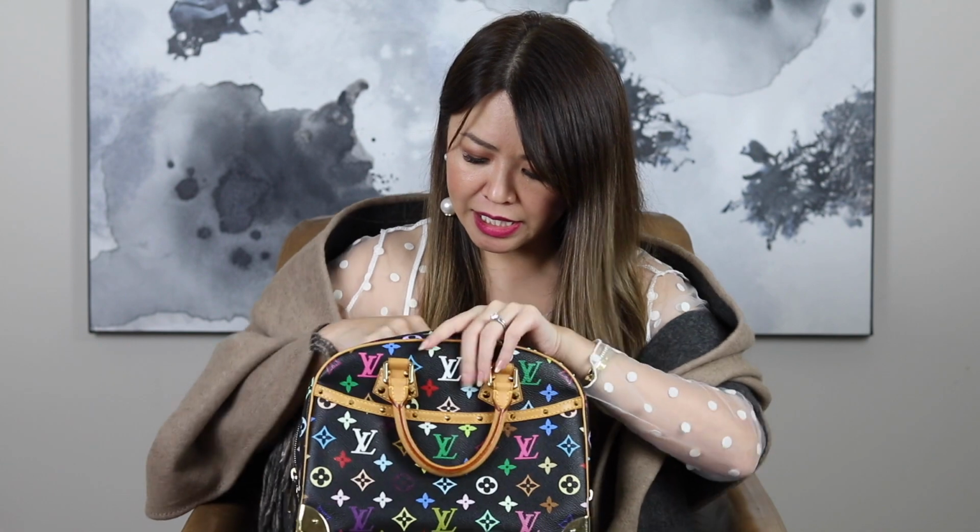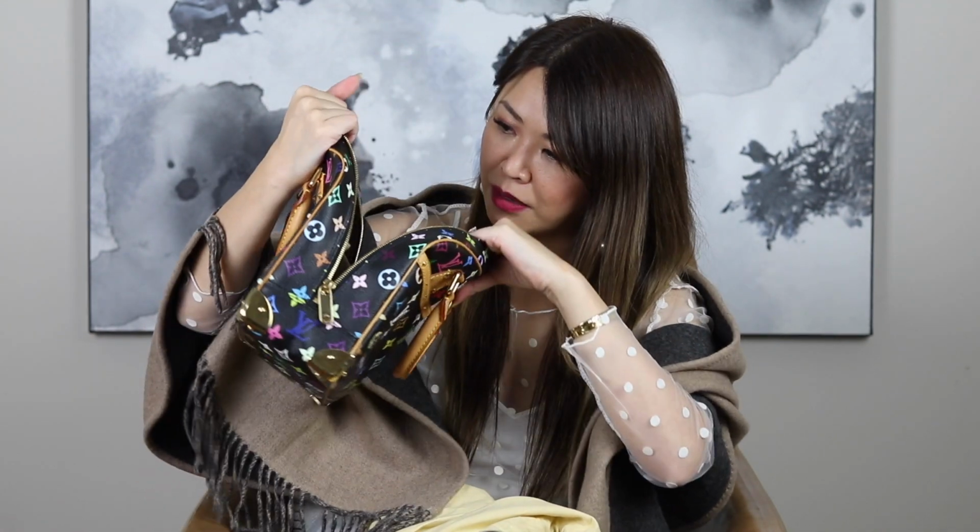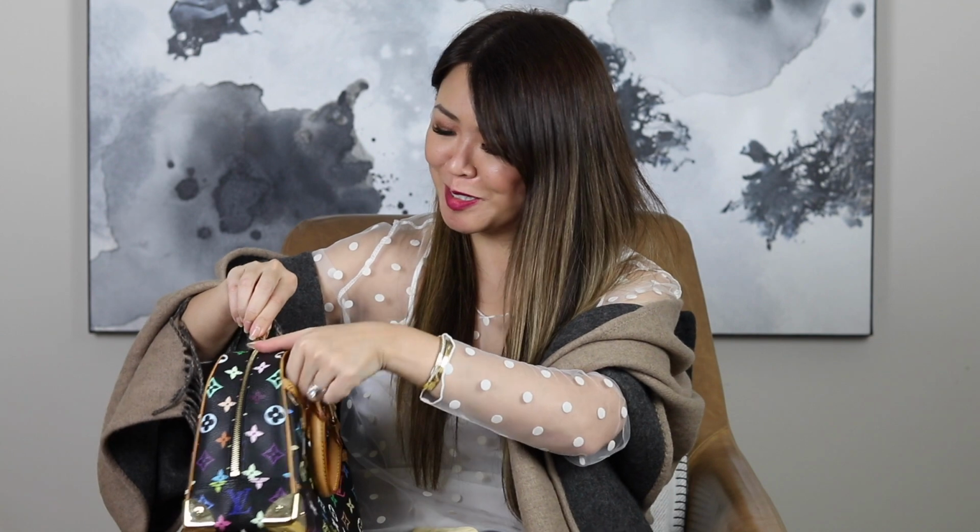The inside of it, let me just show you. It is really clean. It is just in a micro suede sort of lining. And this one here, if you look at the date code, that is May of 2004. So inside it is all clean, and I've had it authenticated as well. So very happy with that. And that makes this bag like 16 years old, and for a 16-year-old bag, I think it is just